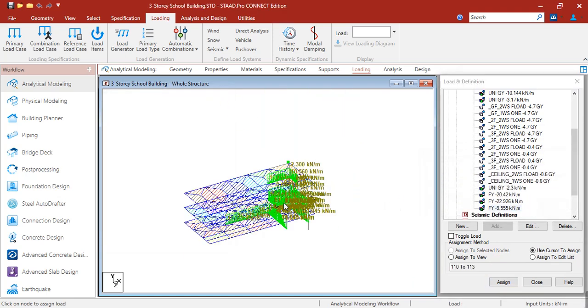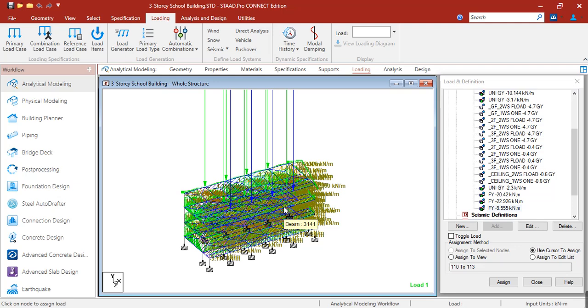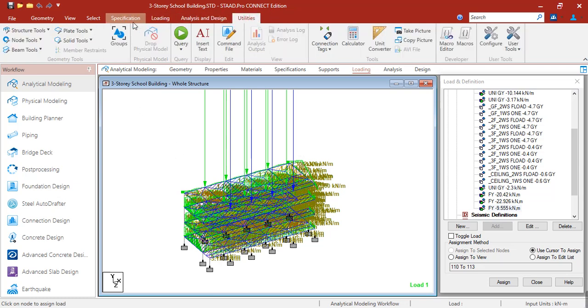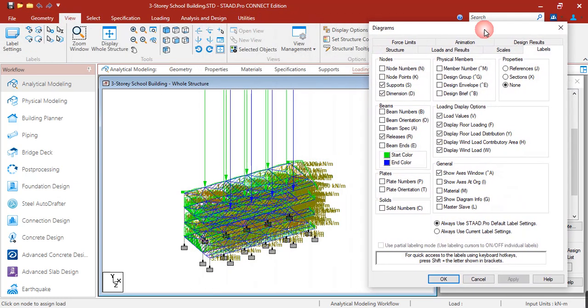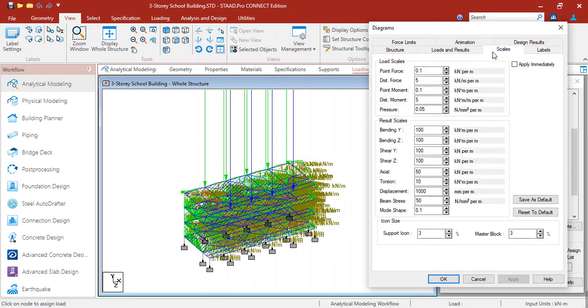Okay. So we have now added the dead loads for the walls, railings, slabs, and floor finishes, ceiling, and also the dead load from our steel truss. Okay, so if you want to scale down these forces, all you have to do is to go to your view, then label settings, then here you can click on the scale, then for point force, you can have a larger point force.